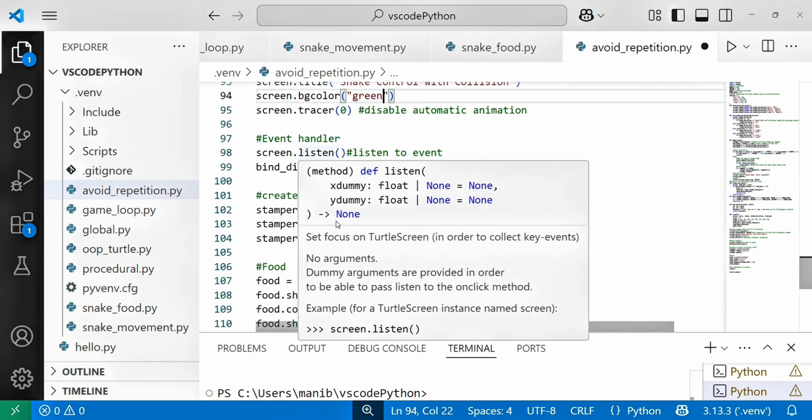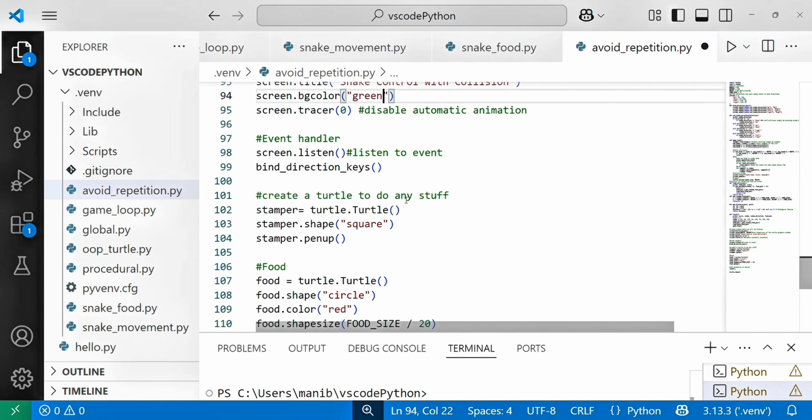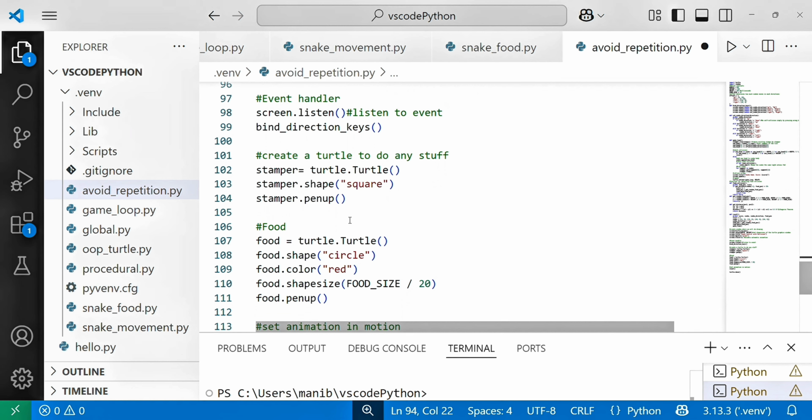They should listen to the screen and create a turtle to do any stuff. So stamper is equal to turtle.Turtle, stamper.shape is square. I have taken a square shape. Stamper.penup to get it after that and go somewhere else. So the pen should go up.